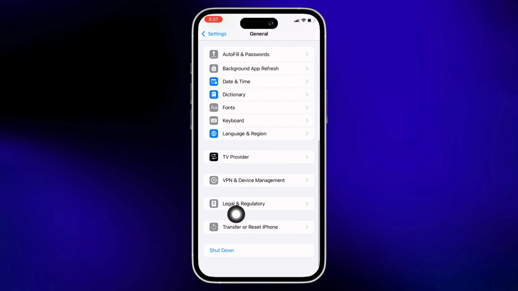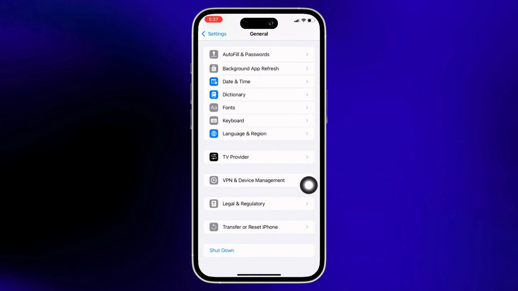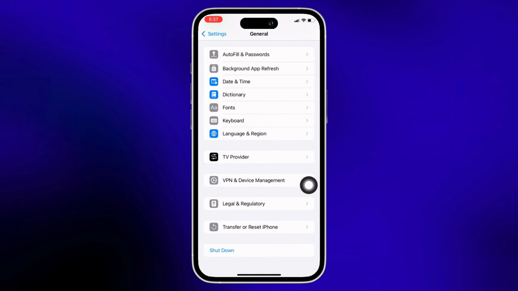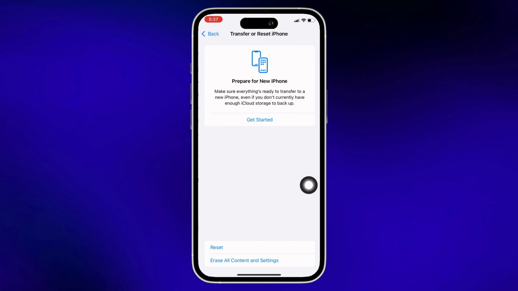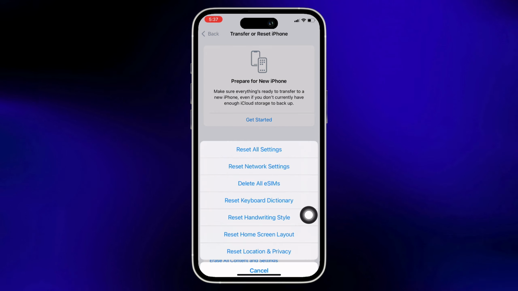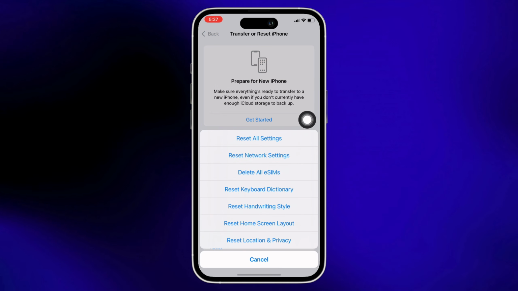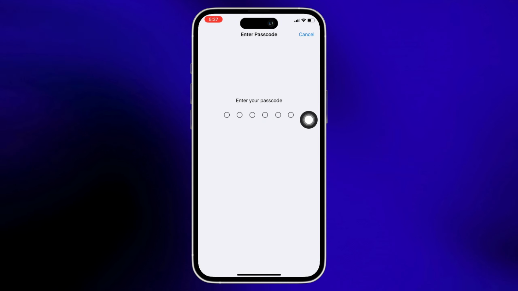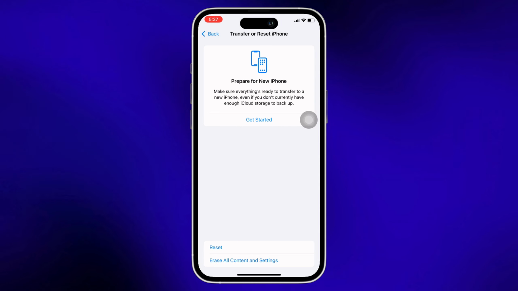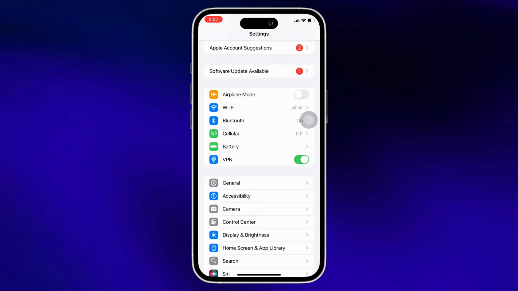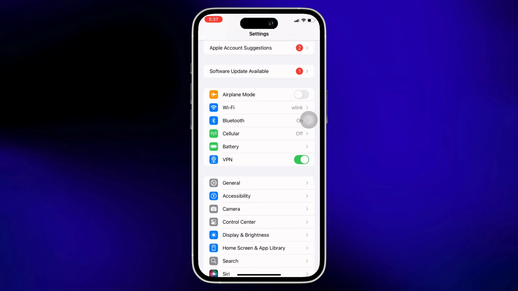Scroll down and you will see the option for transfer or reset iPhone. Tap on that and then tap on reset and then on reset network settings. Further, go ahead and enter your passcode and reset the network settings. Once done, see if the issue is fixed or not, and if not, then you can go ahead and check